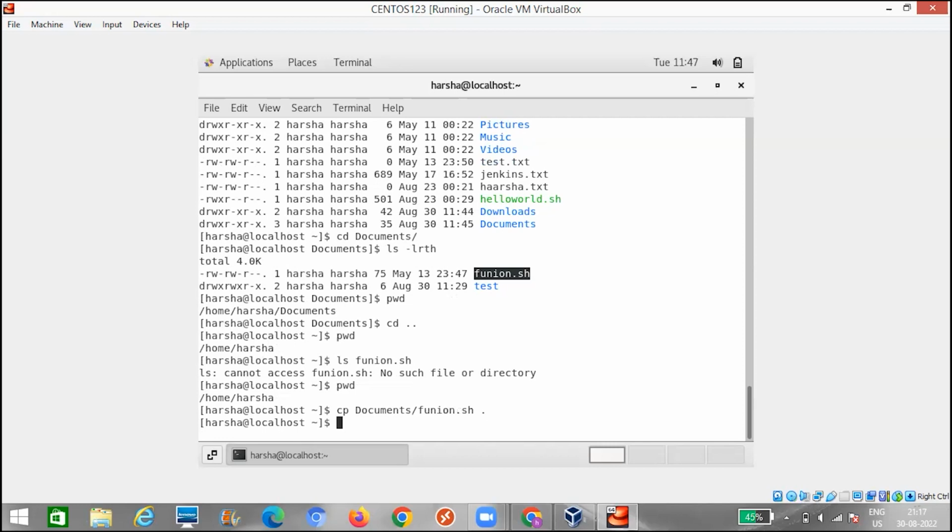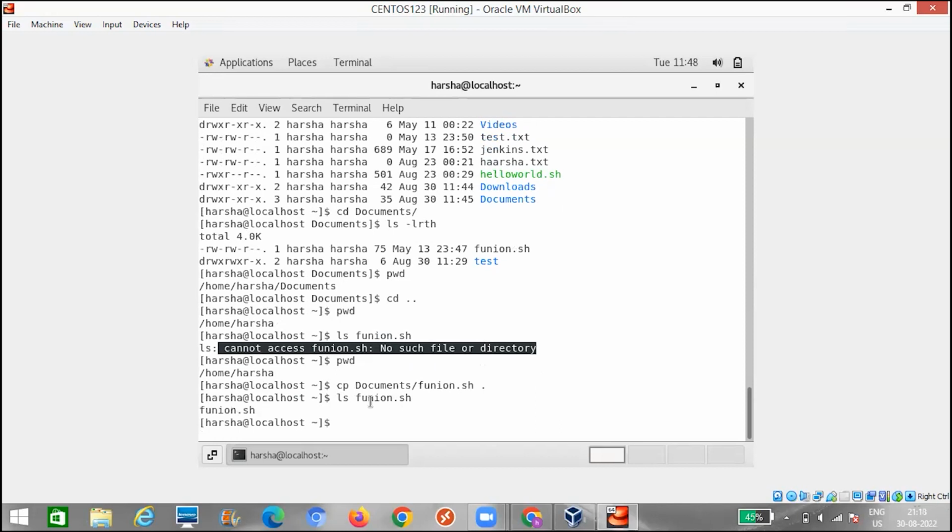Now, if I do the same ls, which initially failed with no such file or directory, now you will be seeing that same thing over here. So while we are using move or copy, it is not mandatory that you should be in the same folder. We can copy it from a different folder also, but you should know the complete path from where you are copying. Hope it is clear.